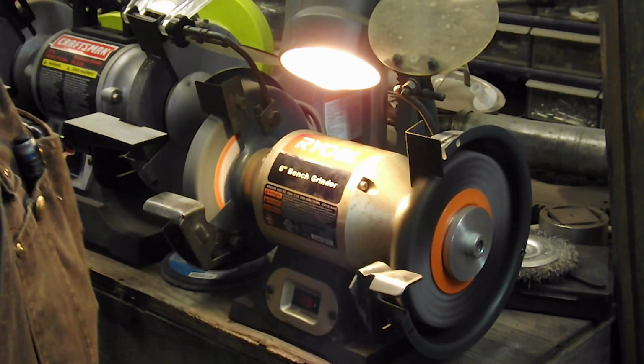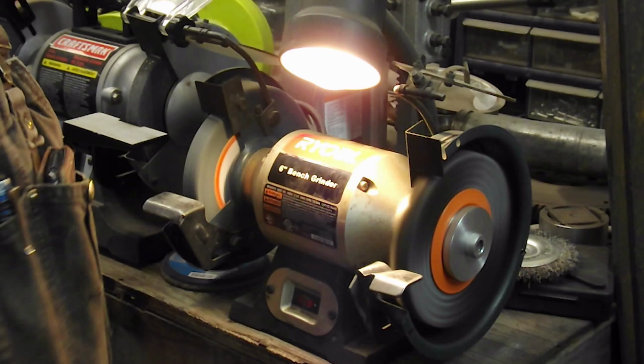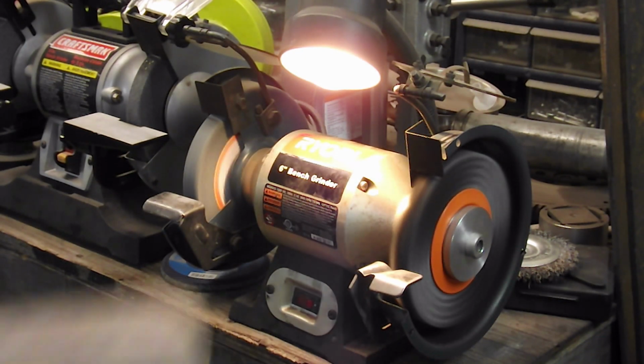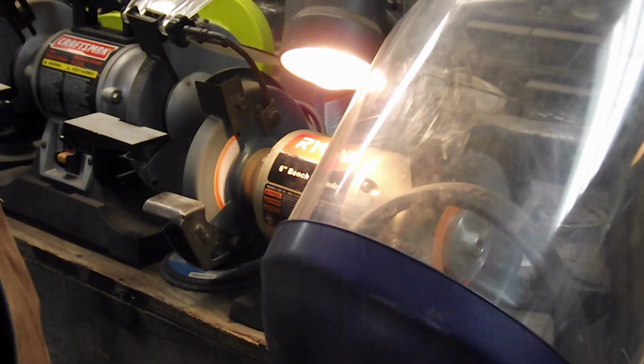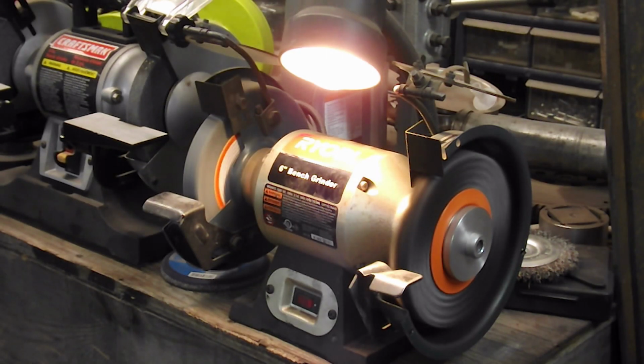You can see from the dirt that I don't use my safety guards, my eye shields. I can't keep them clean, so I use these when I'm grinding. So I'll get this side guard back on, and